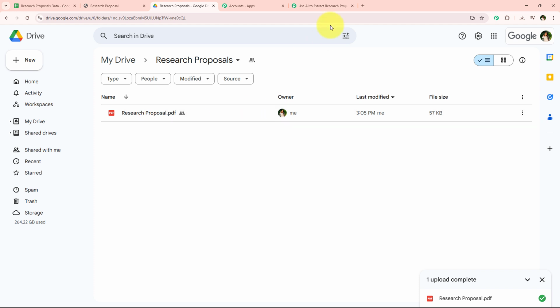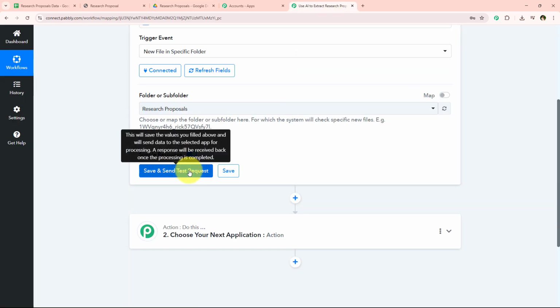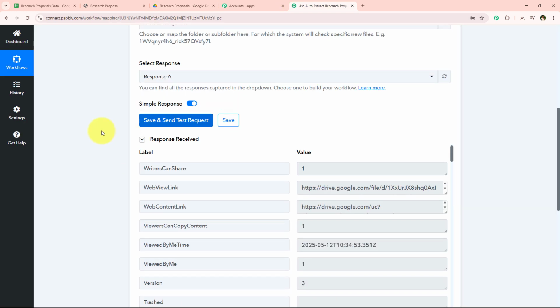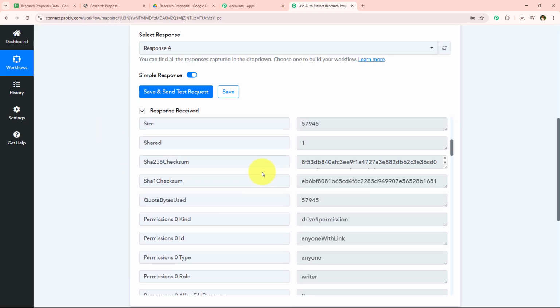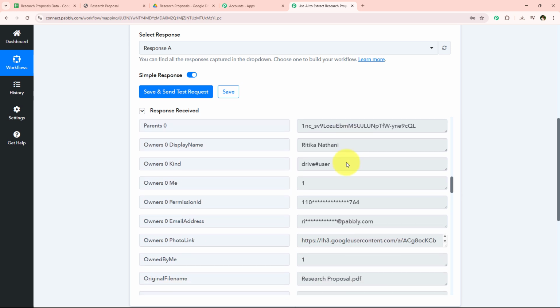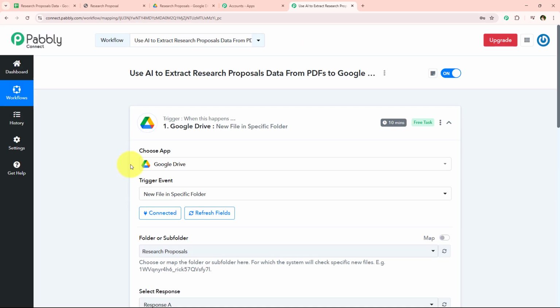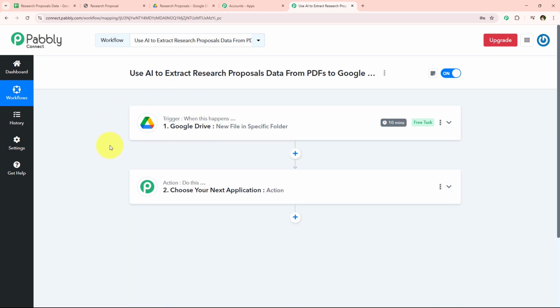So as you can see that I've uploaded this, and now I'm just going to click on this save and send test request so that I can capture the response of this research proposal only. And as you can see that we have received the positive response, and over here we have captured the response of the same research proposal. So yes, with this we have successfully completed our trigger step,